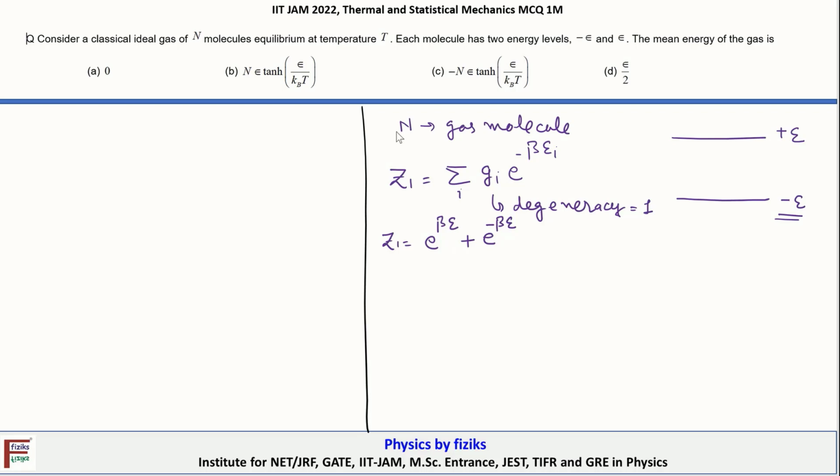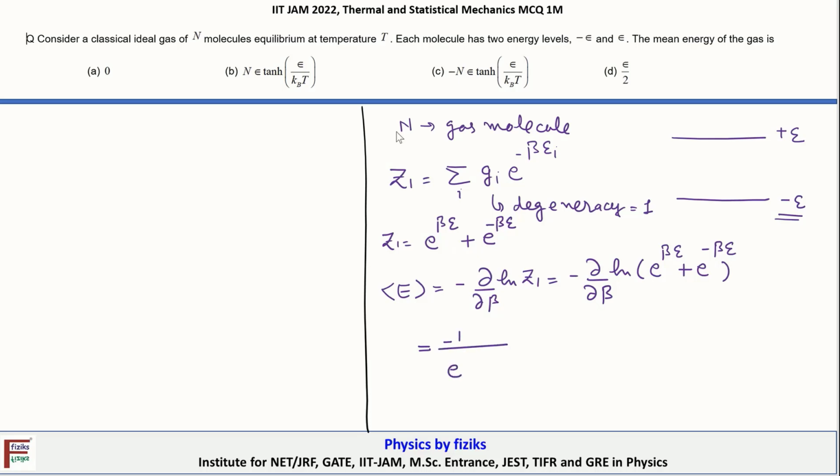So now we will obtain the average energy for a single gas molecule, which is given by E, the average energy, and it's connected to the partition function via the relationship minus d by d beta of the logarithm of the partition function, and this is equal to minus d by d beta of ln of exponential beta E plus exponential minus beta E. Okay, so after differentiation with respect to beta, it turns out to be equal to minus 1 upon exponential beta E plus exponential minus beta E, and then the differential of